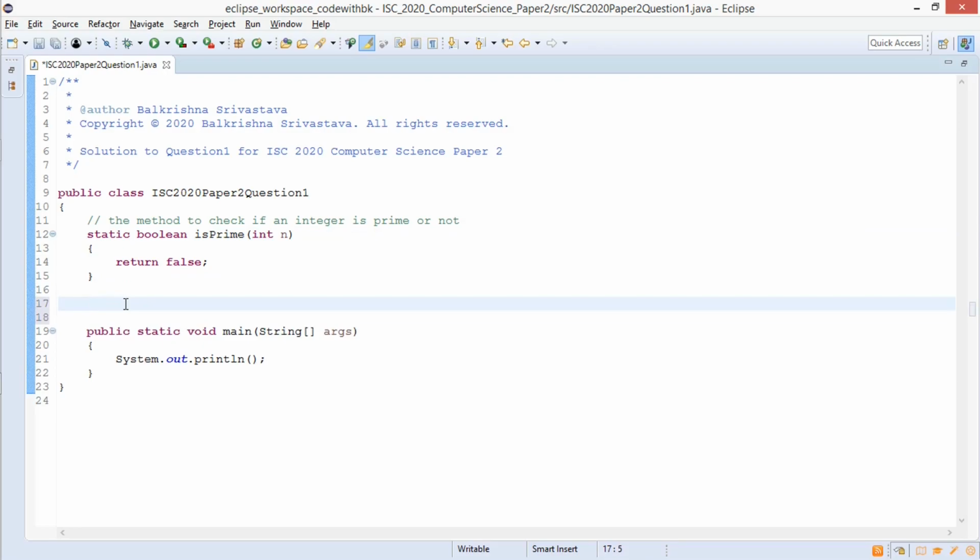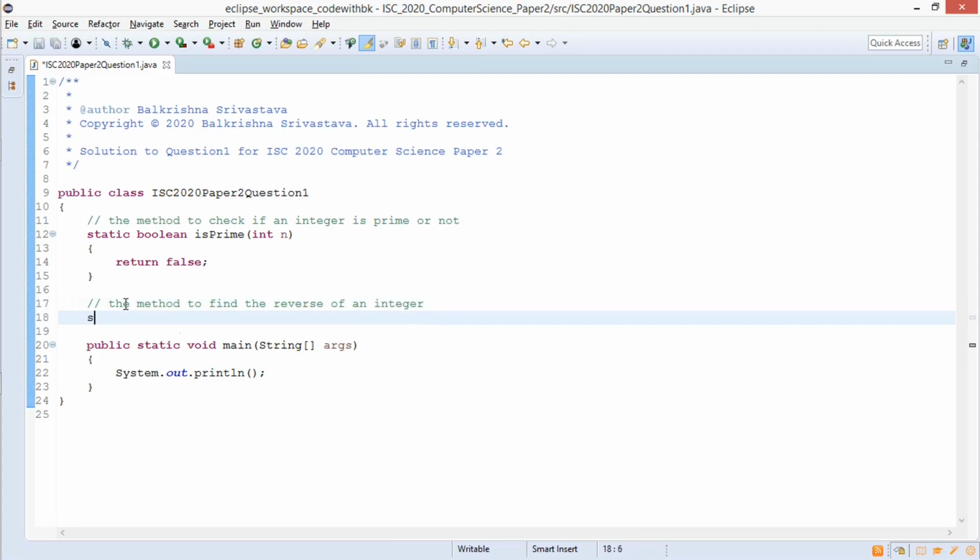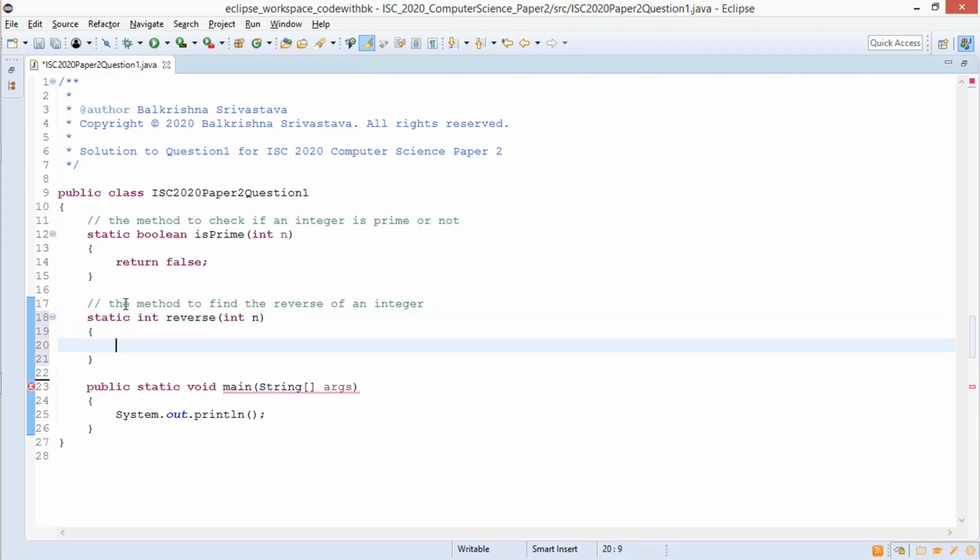Then I need another method to find the reverse of a number. A static int reverse takes an integer and we have to return the reverse of this. I'll return 0 so that it compiles.